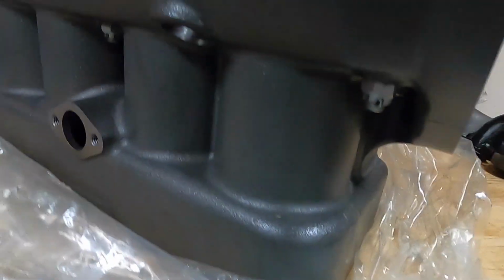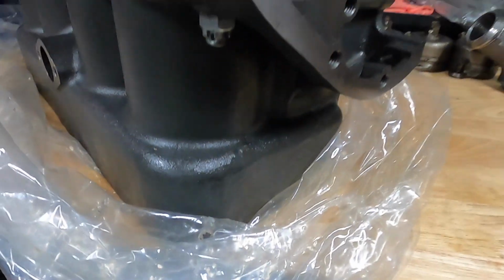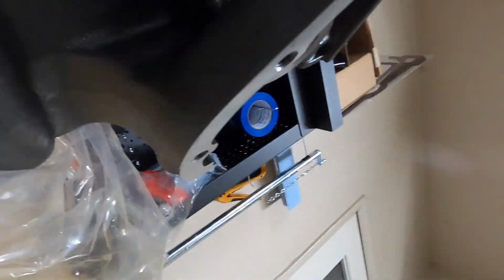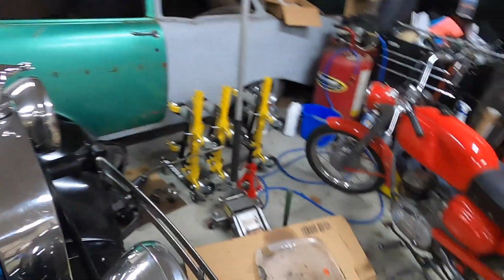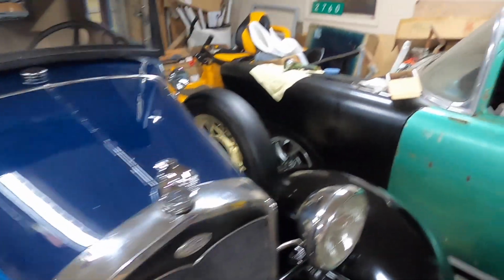This gives it away that it's a Burtz block. Other than that, one of the only other giveaways that I could think of would be if you had a mirror once the car is assembled, to be able to look in the back for the oil galley plug in the rear. I think I actually went to my car here to check under the hood, just for comparison purposes, but